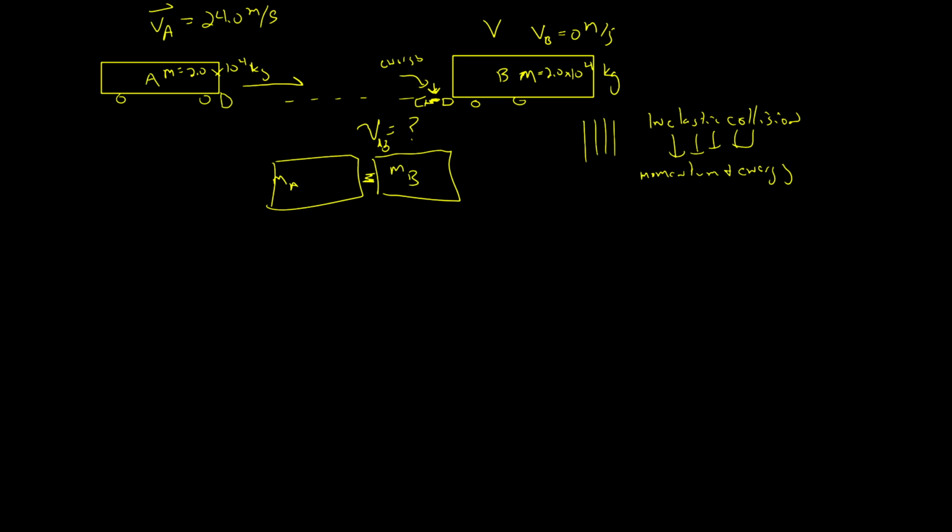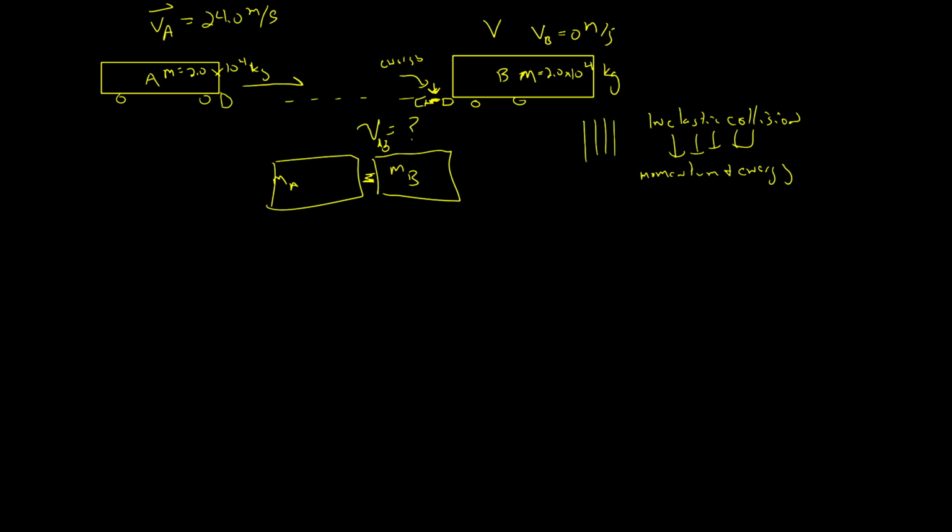That's our final momentum. Conservation of momentum says these two are equal, so MAVA plus MBVB, because P initial equals P final, is equal to